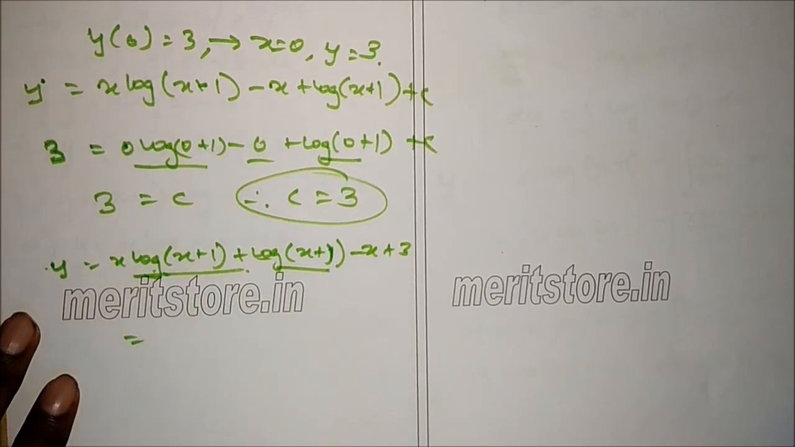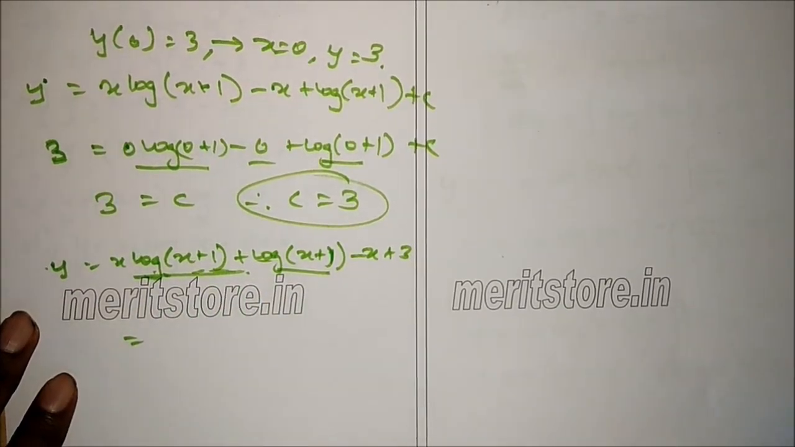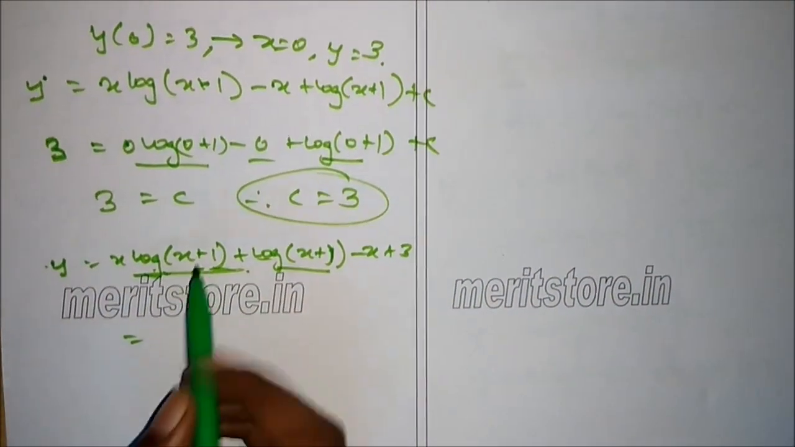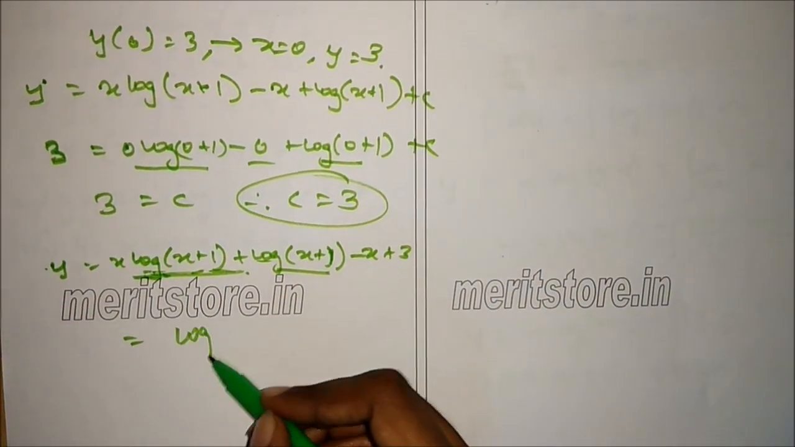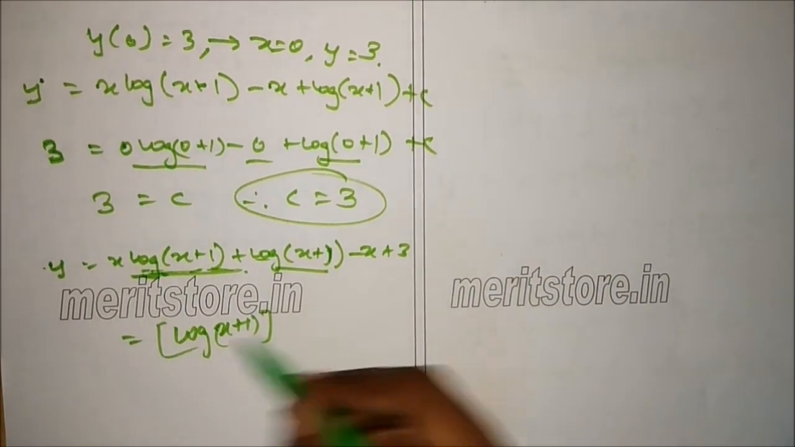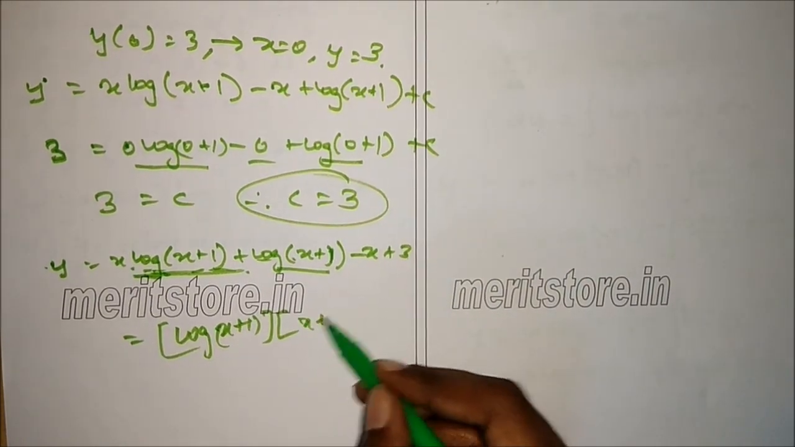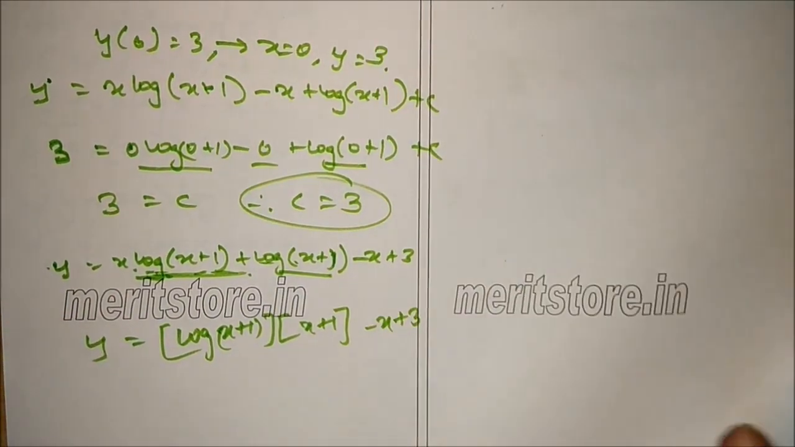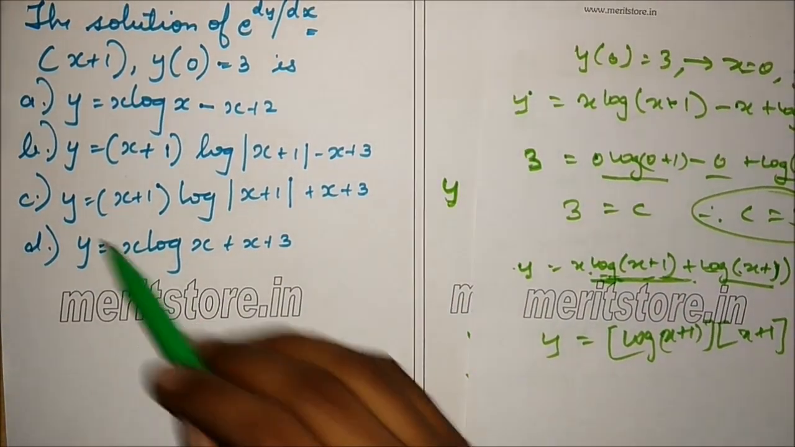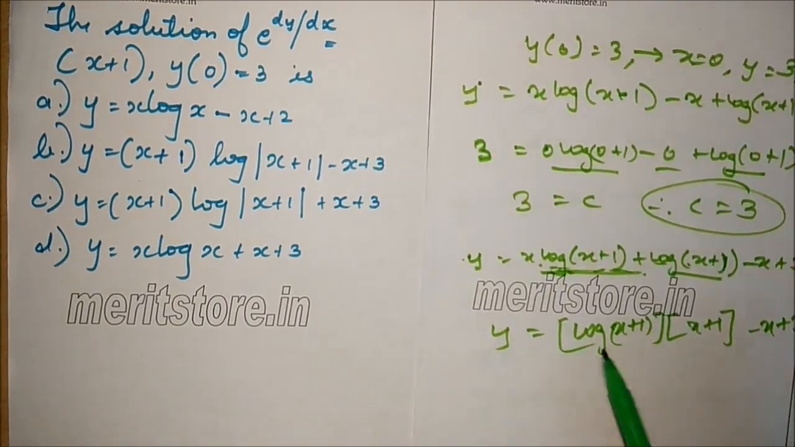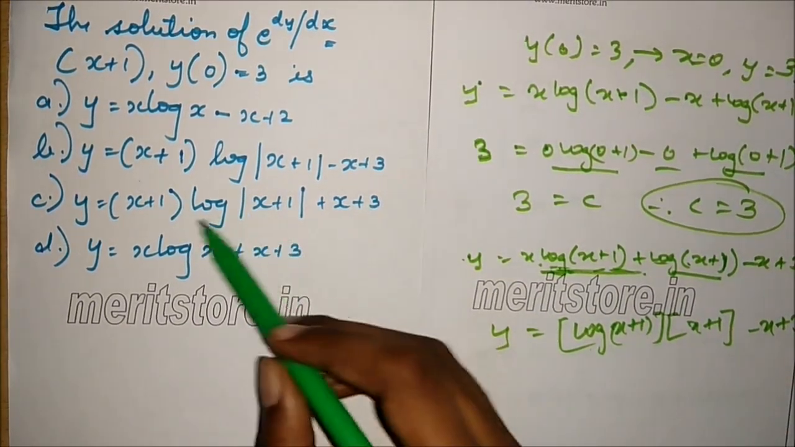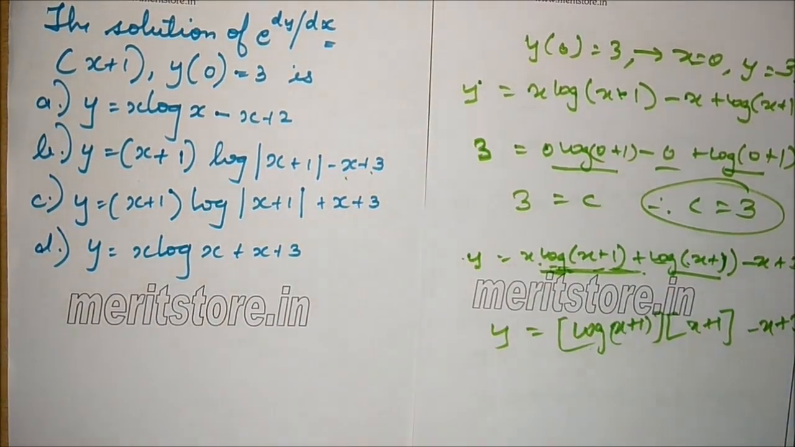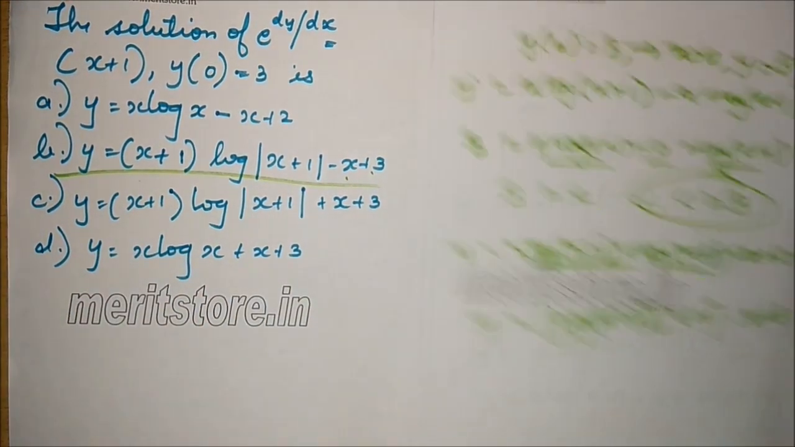So bringing these two terms together, we take log of x plus 1 common in these two terms, so this will be log of x plus 1 into x plus 1 minus x plus 3, and this is equal to y. So now we compare it with the options. So this is y is equal to log of x plus 1 into x plus 1 minus x plus 3. So the answer is B, y equals x plus 1 log of x plus 1